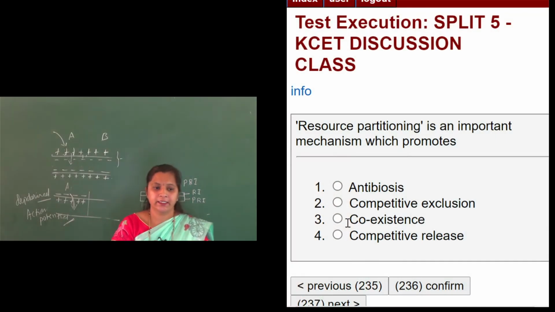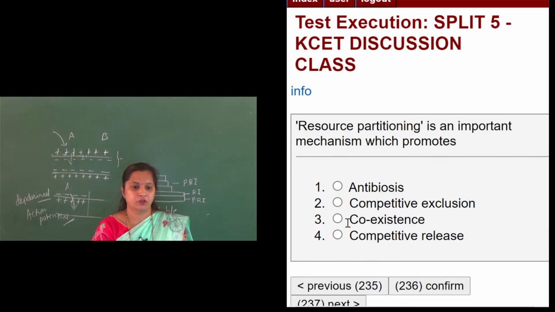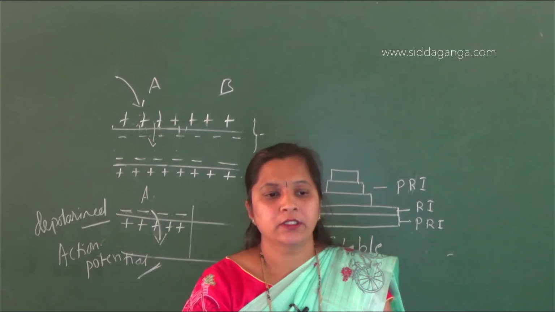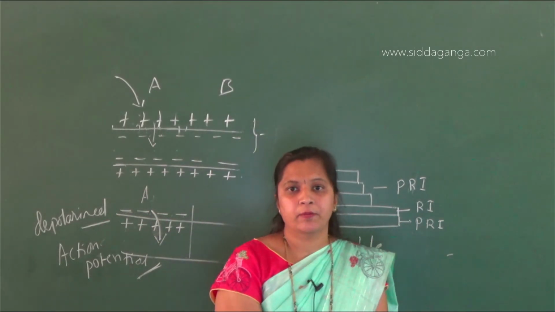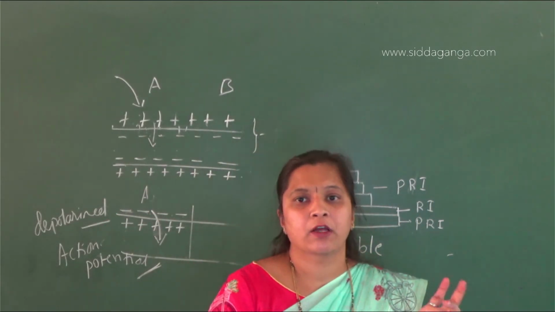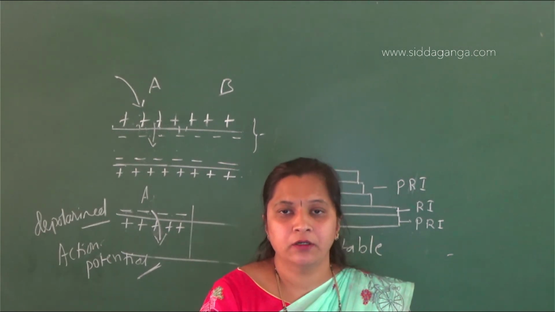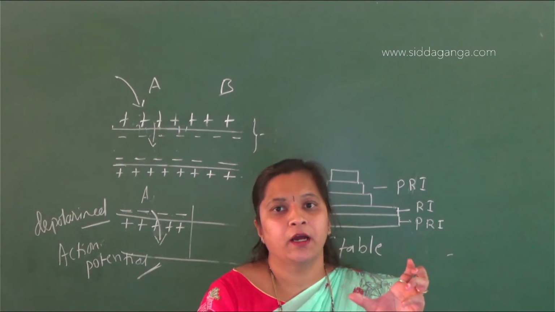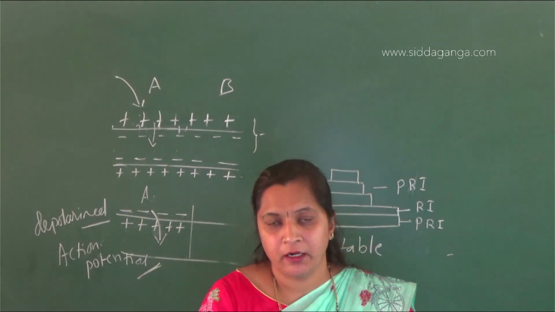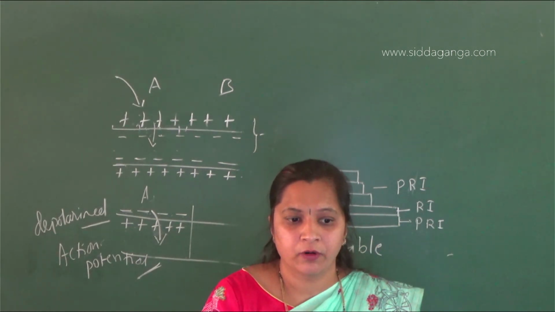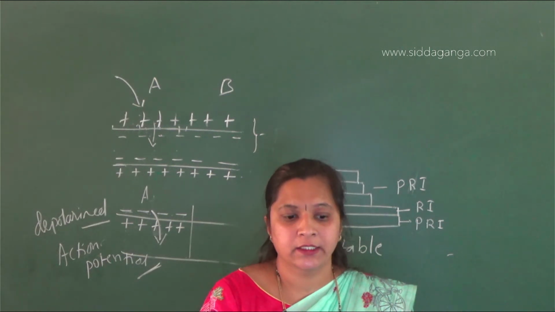Resource partitioning is an important mechanism which promotes. First option, antibiosis. Second option, competitive exclusion. Third option is coexistence. The fourth option is competitive release. See, resource partitioning is nothing but what? Whenever two species are competing for the same resource, they could avoid competition by choosing a different time for feeding and different foraging pattern. Okay, so that will promote coexistence rather than